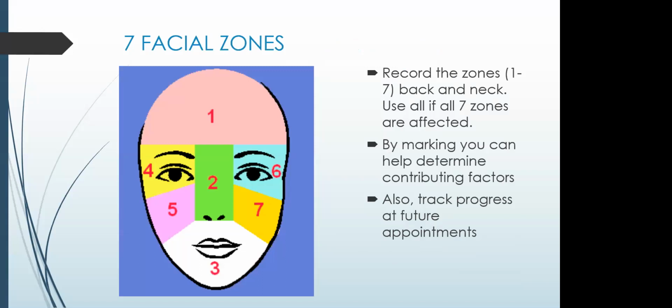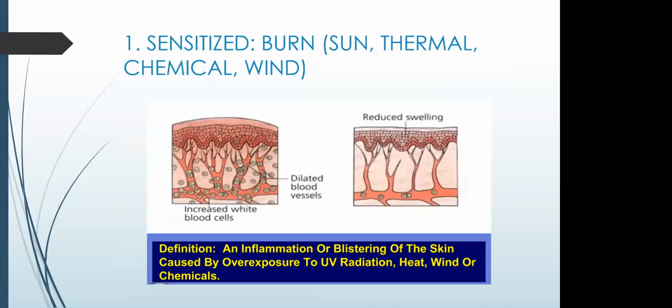Again, we have the facial zones report, and we have them 1 through 7. You're going to mark which number corresponds to where you see that skin condition on your client. This is also a great way for tracking for future appointments. Let's say they came in with sunburn just on their cheeks and their nose, so you highlighted 2, 5, and 7, but now they come in for their next service and that's gone. It's cleared up, it's healed. That's why we want to check those areas, just to make sure they don't have excessive sensitivities there in their next appointment.